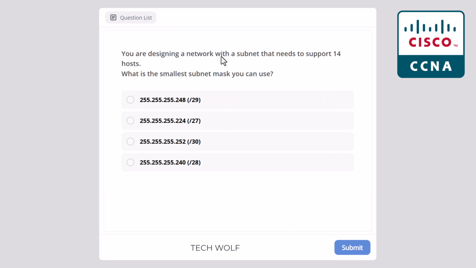You are designing a network with subnets that need to support 14 hosts. What is the smallest subnet mask you can use? And here are 4 answers from which you can select. You need to select one of these answers which supports 14 hosts. And what is the smallest subnet from all of these? And here the correct answer is